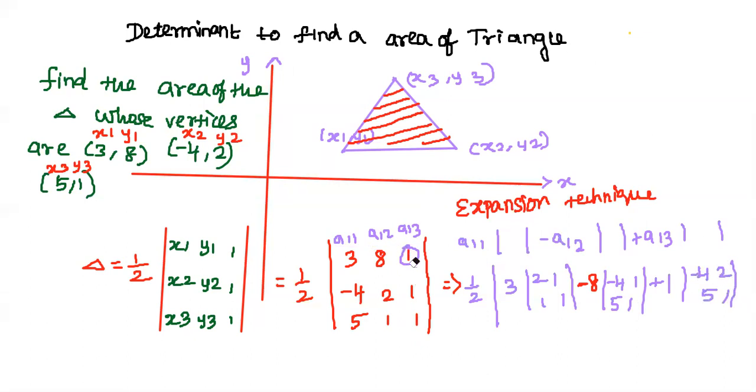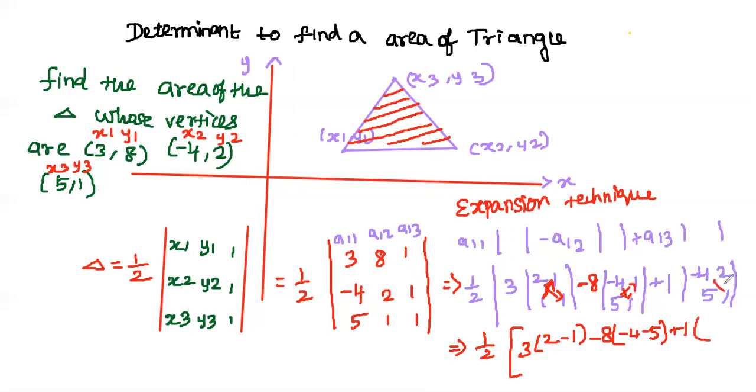So now I'm going to expand this. I'll multiply this and this, this and this. 2 times 1 is 2. And whenever you have the arrow mark going upward, you put the minus sign. 1 into 1 is 1, and minus 8. Minus 4 into 1 is -4, and 5 into 1 is -5. Plus 1. Minus 4 into 1 is -4, and 5 into 2 is -10.